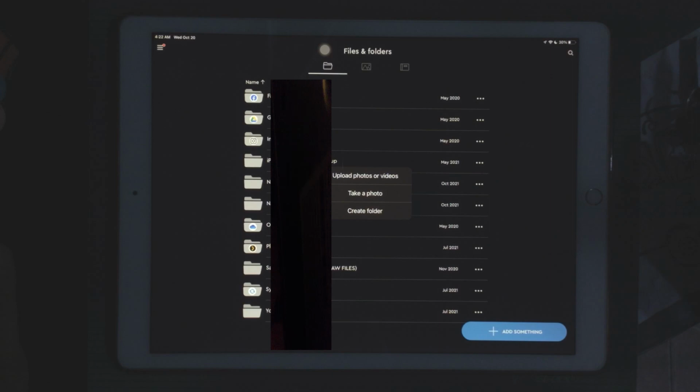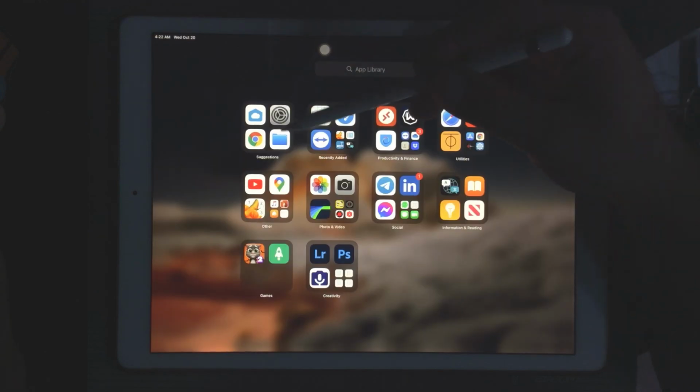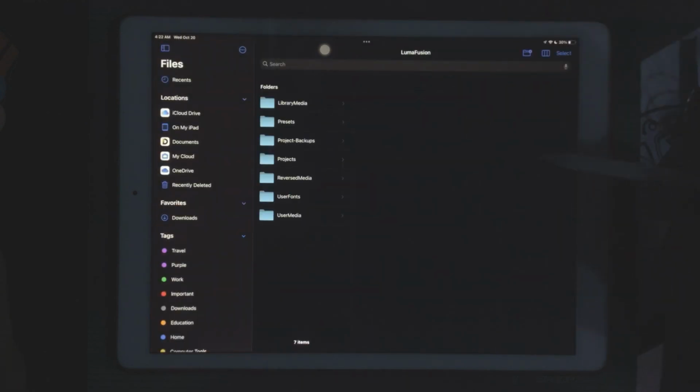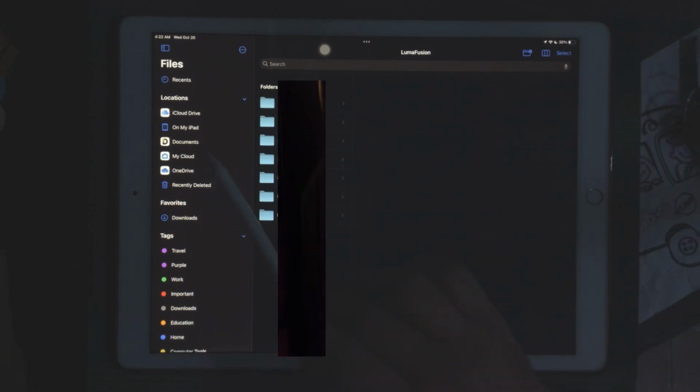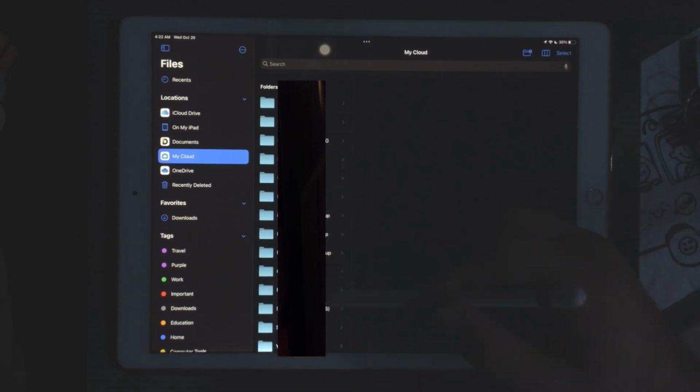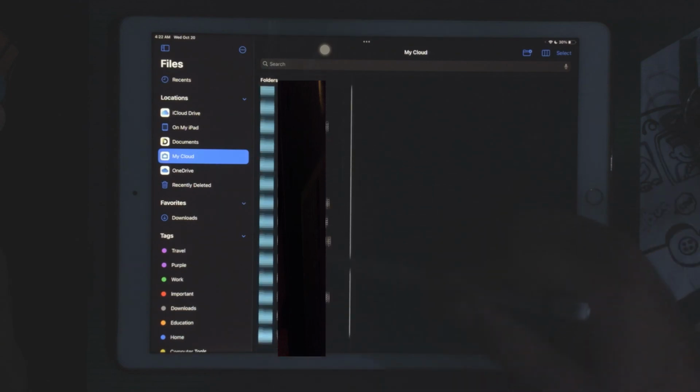And for me, it's not about pictures only. I do add my files in here. Everything I have, all my archive, is on MyCloud Home. So how do I add different files other than pictures and videos? We go back to the app library and we click on the Files app. You can see here that I have added MyCloud Home as a location in the Files app, and for that you can click on the MyCloud app and you will see all the files inside your MyCloud drive.